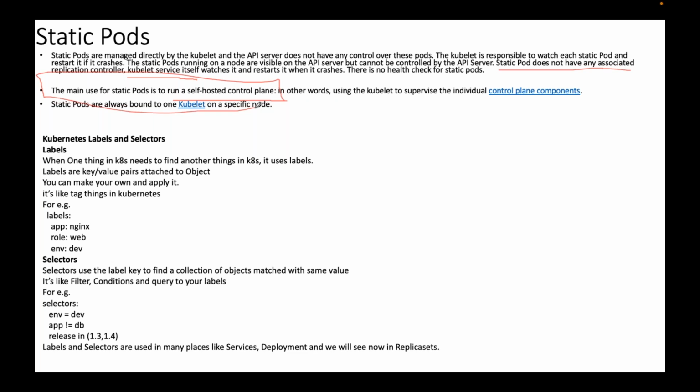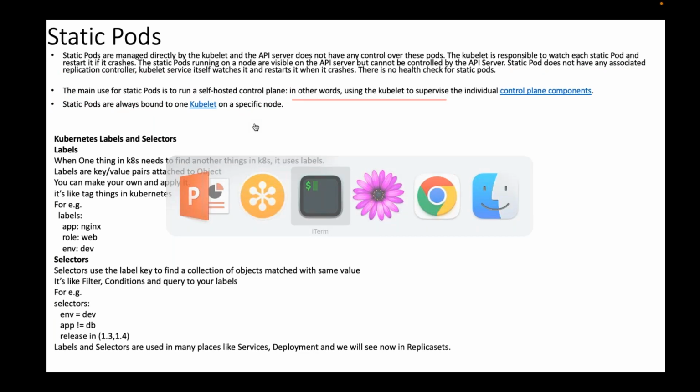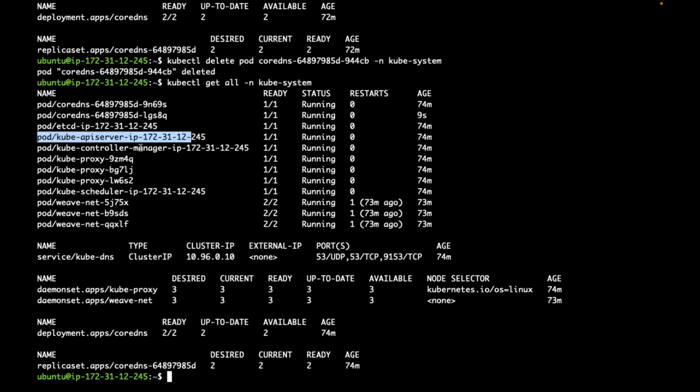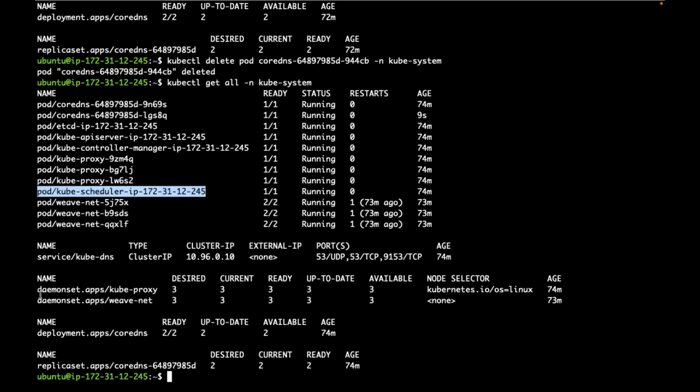No, right? The complete cluster is managed by the control plane. Do I need someone to manage that control plane? If something goes wrong with etcd, API server, or scheduler, do those things need to be recreated automatically on that node? Yes. So the main purpose of the static pod is to run the control plane. In other words, the control plane is managed by kubelet. That is a static pod. You can see API server, controller manager, scheduler. Do I have any controllers associated here? No.